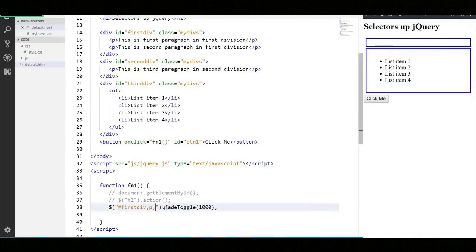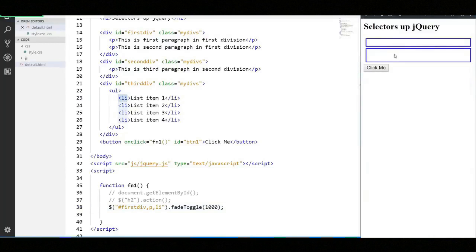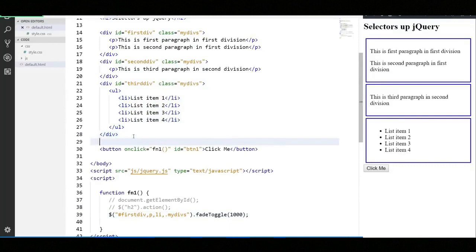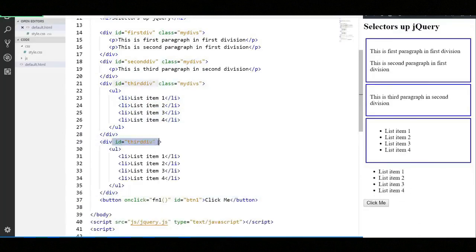Let's say you want to hide all the list elements, that is the li elements. So if I click on it, all the li elements in the third division will also be hidden. So this is how you can pass multiple things over here. You can also pass classes. So if I say comma dot my divs, pretty much everything will be hidden over here because everything is inside my divs. So let's say we have one more division which does not have this class, okay, nor does it have any ID. So only that division will be staying over here. If I click on this,